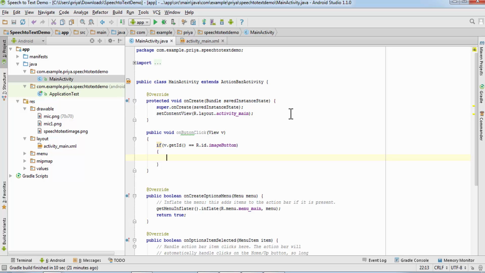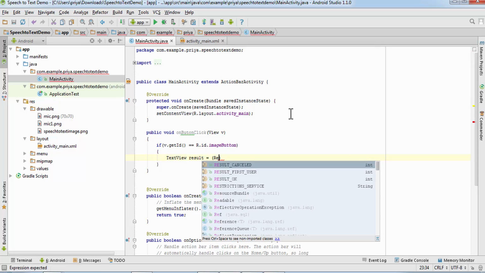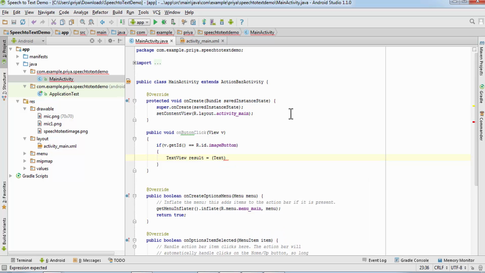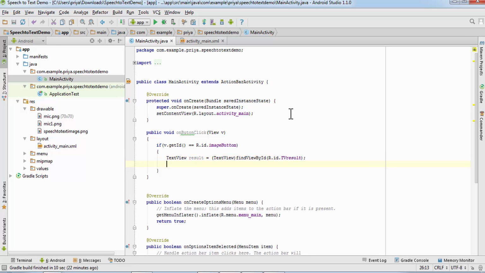So I'm going to create that text view result is equal to text view find view by id R.id.tv result. When we click on the button, I'm going to create one more method called prompt speech input, and I'm going to call this method here. Right now I haven't created that method, so that's why it is giving an error.